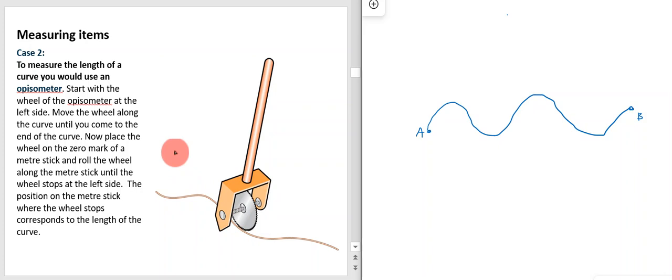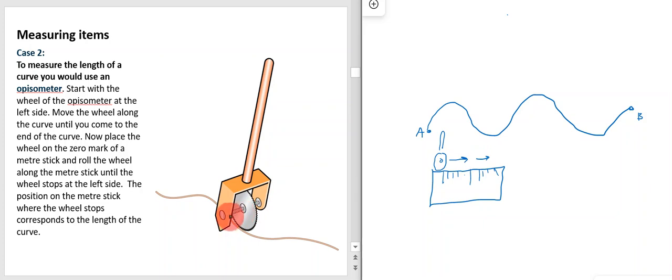from left over to right. And then what you do is you place the wheel on the 0 mark of a meter stick, and you roll the wheel along the meter stick until the wheel stops back to the left hand side. So then you line this up with one side of a ruler. So for example, if you have your ruler like this, and you have the divisions, and you take your opisometer like so, and we look at examples of this in the classroom, and you wheel it back the way